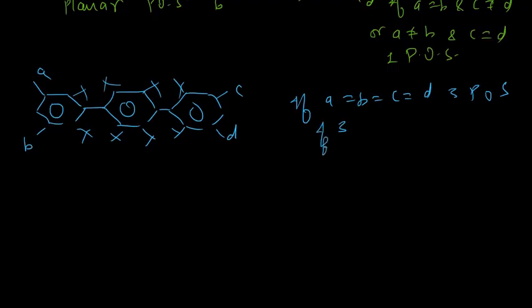If A not equals to B not equals to C not equals to D, it has 1 POS. Like if you look at the questions,